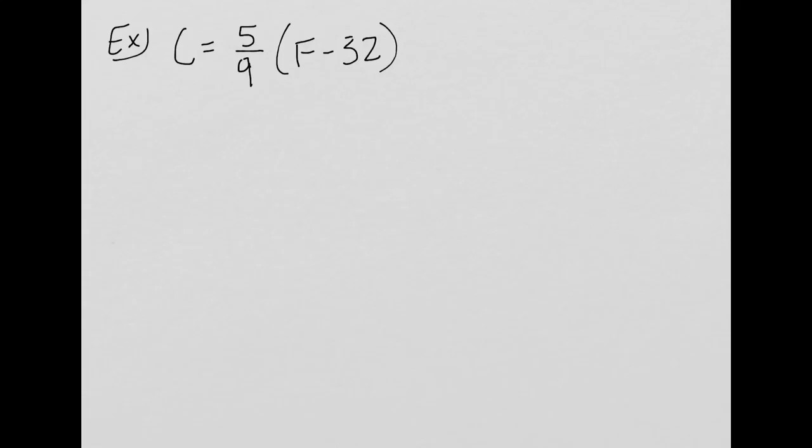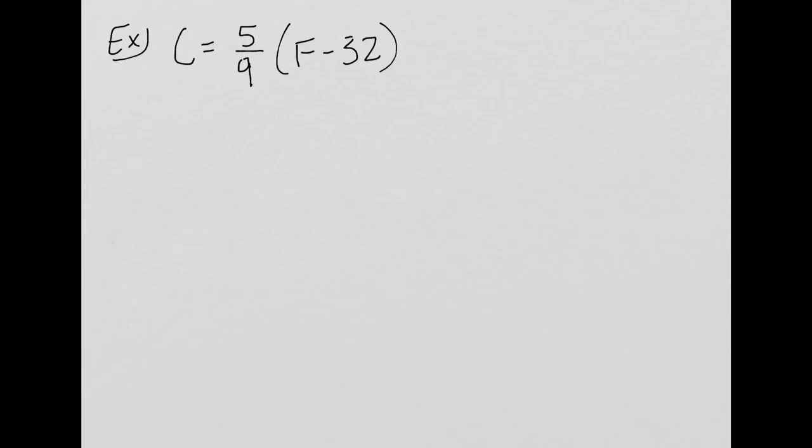Alright, this one's one that the state likes to throw out a lot, just to see if you're making sense with the context of what we're doing. I don't know how many of you are familiar with this formula, but this is the way you convert from Celsius to Fahrenheit and vice versa. That has to do with temperature, and in Georgia we know how hot it gets. In other countries they don't use Fahrenheit, so if we were to travel somewhere we would need to know how to get it into Celsius to do some comparisons on what we're seeing. So this is a real world application of how we need to rearrange formulas,